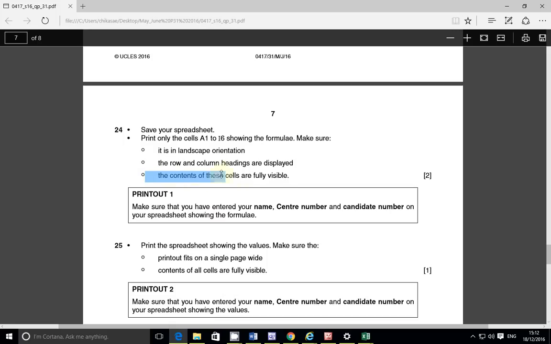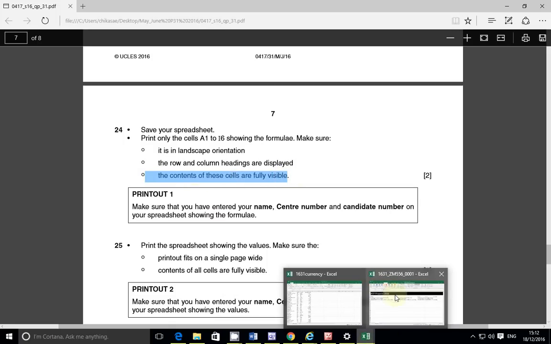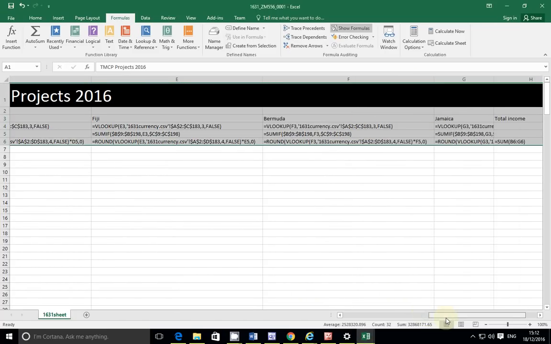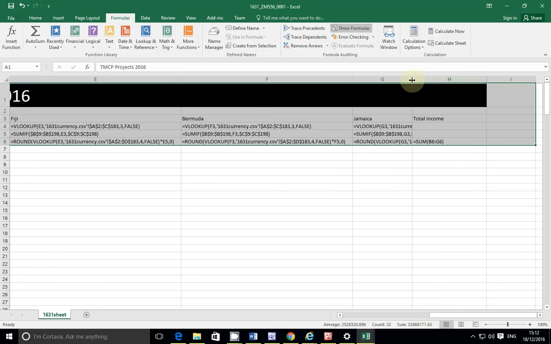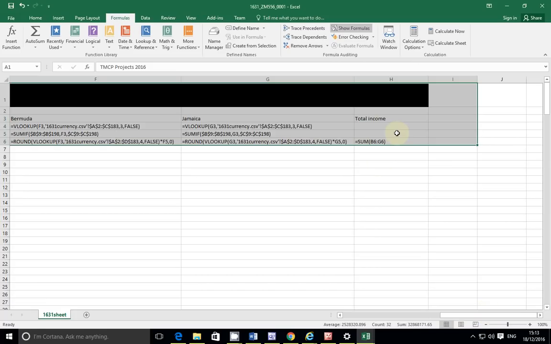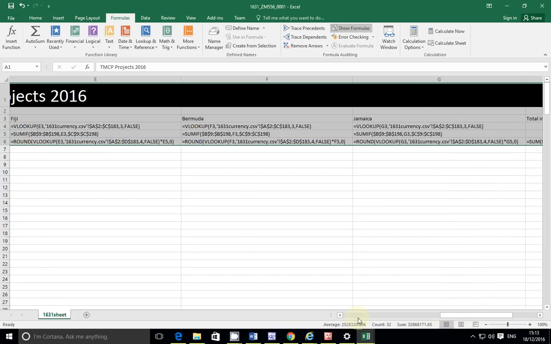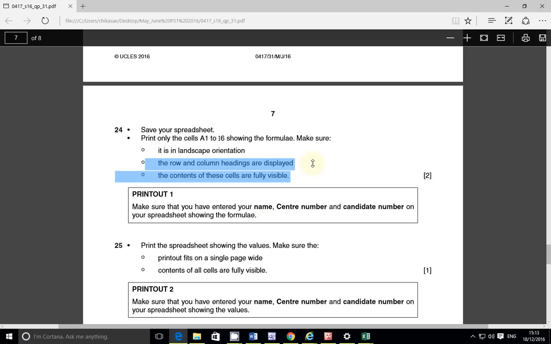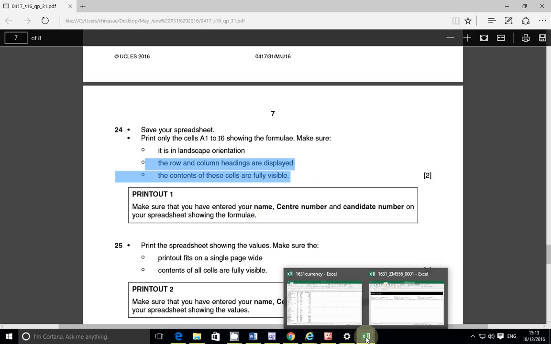Okay, make sure that the contents of these cells are fully visible, so we cannot afford not to expand them, so we need to expand them. Now the cell is becoming too wide. Okay, so just expand, expand, and yeah, so that is done. So all the contents of the cells are fully visible, and we need now to just make sure that the rows and the column headings are visible as well. So let's come back here,